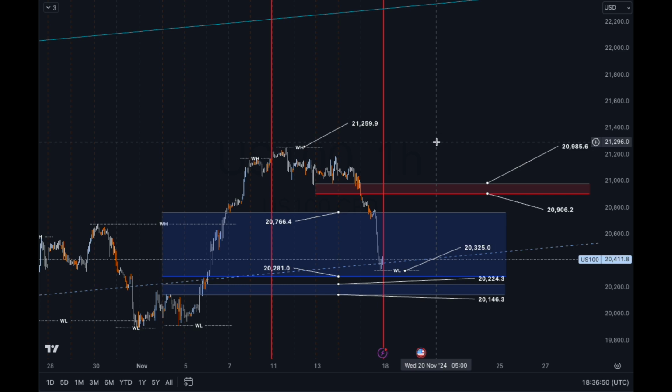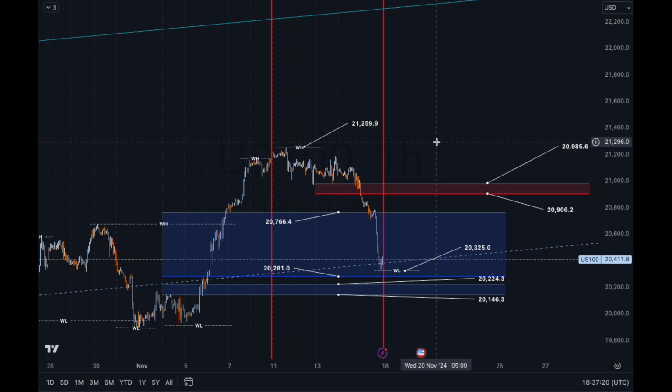21259.9. Now what we're waiting for, the general idea behind why I'm laying out these levels, is if you're watching and you struggle to find weekly highs and weekly lows as they present themselves in real time in the market, okay, then you want to use hindsight analysis to guide you through. So with that, how we normally do it is really simple. If the weekly high or the weekly low is taken out, we start looking for moves in the corresponding direction,